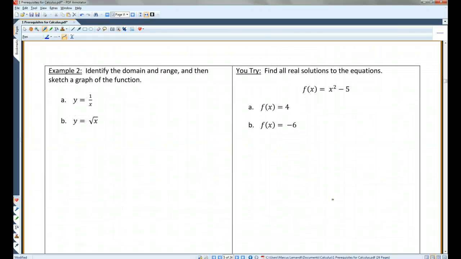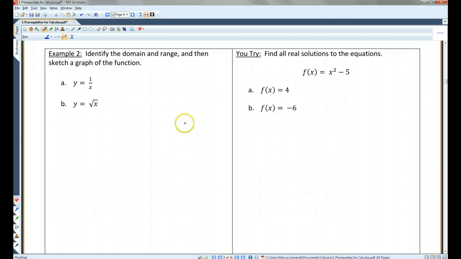Alright, identify the domain and range, and then sketch a graph of the function. Okay. It might actually be easier to sketch the graph first. Hopefully you guys remember the graph of 1 over x. The graph of 1 over x looks something like this. As you can see, it gets closer and closer to 0, but never quite gets there. Okay? So the domain